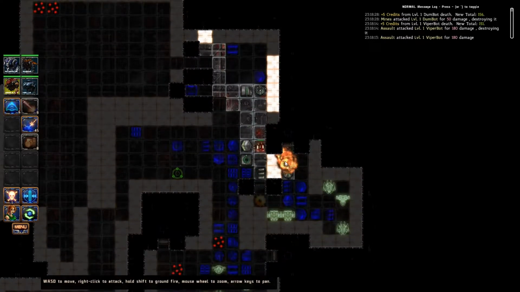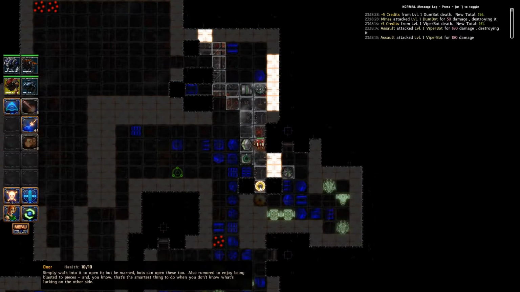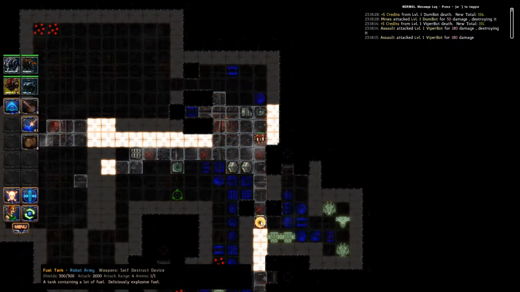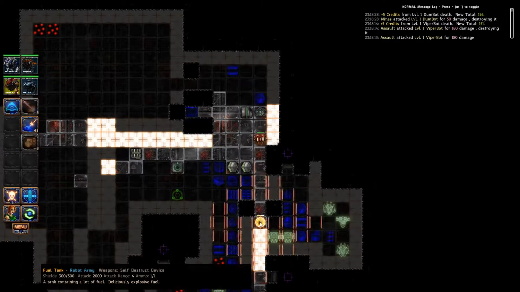Okay, let's go here, let's go here. He blows himself up. Just like I wanted. Okay, let's take another shot here. Okay, so are they going to give us an attack range 4? 1, 2, 3, 4. We are out of range. I kind of wish there was a...